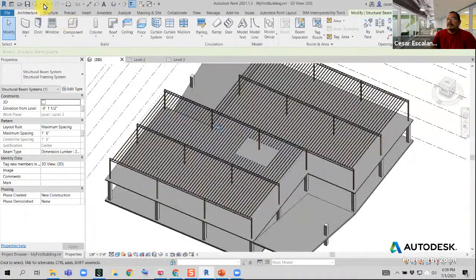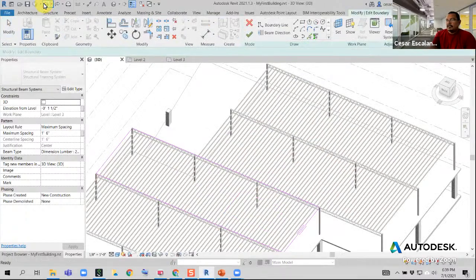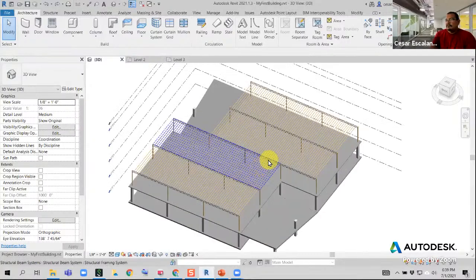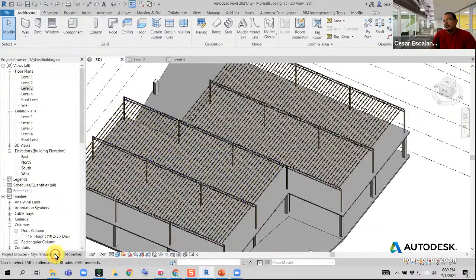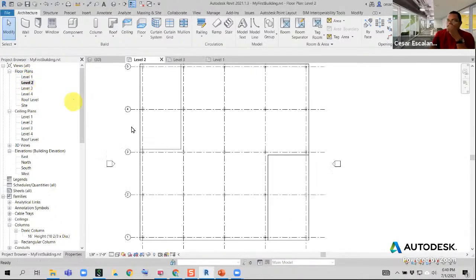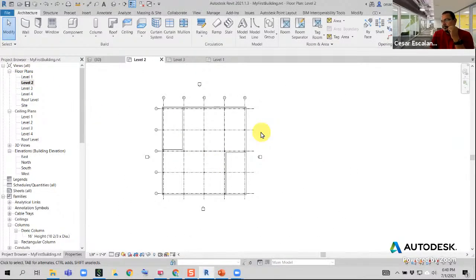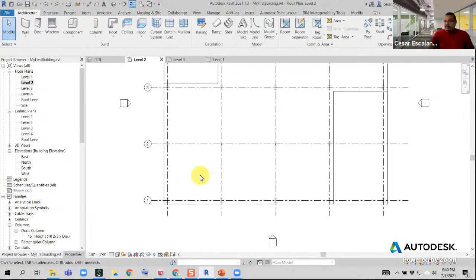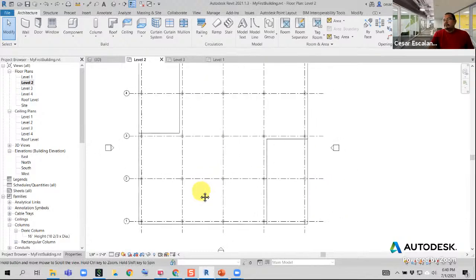Well, we need to decide the final location. So that's not my final location of the elevators. So let's decide where the elevators are going to be. So I'm going to switch to level 2. And there are going to be several places for multi-story elements. We're going to have an elevator